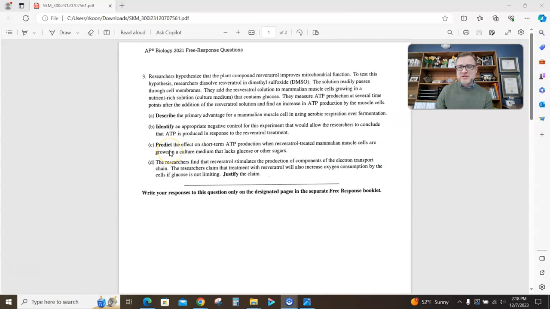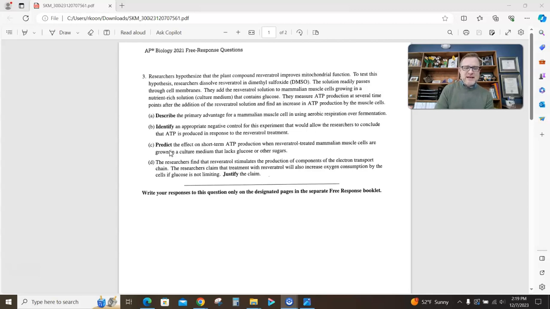This is actually a good thing to point out, that a lot of times what's asked in part A might not rely on the prompt. So it goes to show, if you don't understand the prompt, at least read part A. I mean, read all of it, but part A might be something that you just know.